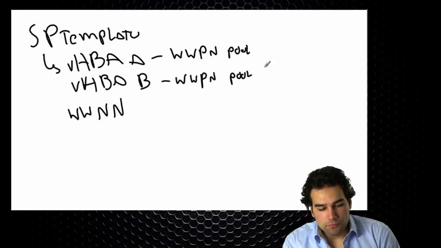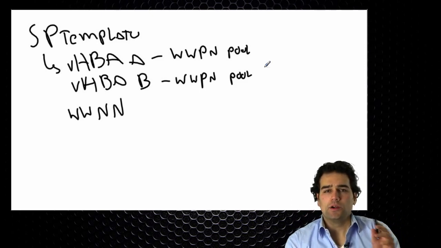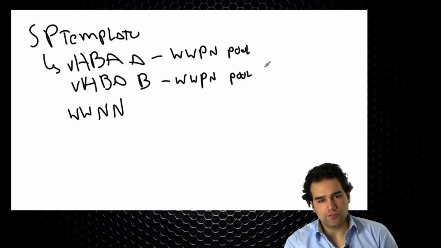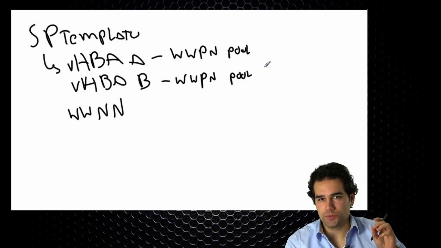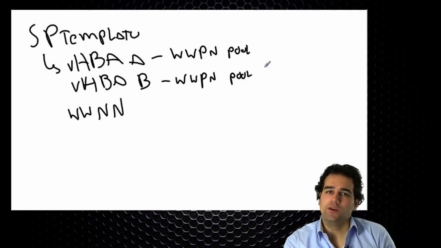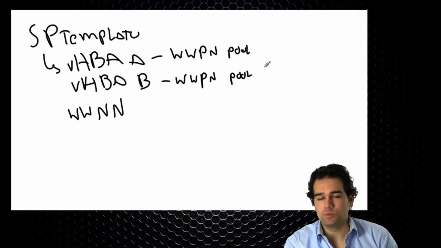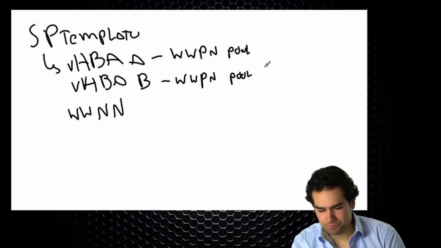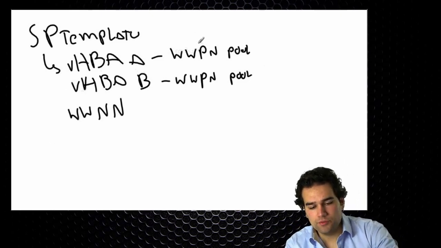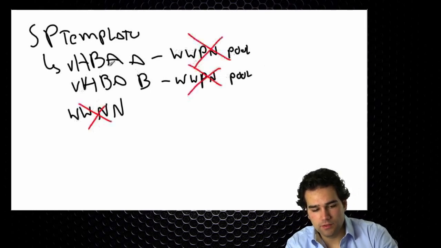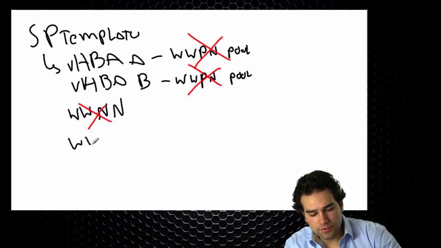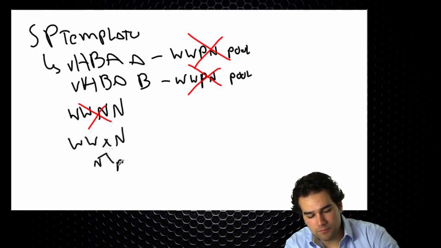And what I can do now is I can say I no longer want these addresses to differ from each other. I just want them to be sourced from one pool. I don't really know why you would need that, but this is one of the options that we have available now. Instead of configuring this WWPN, WWPN, and WWNN, what we configure is a WWXN pool. So X is both N and P. And now this WWXN